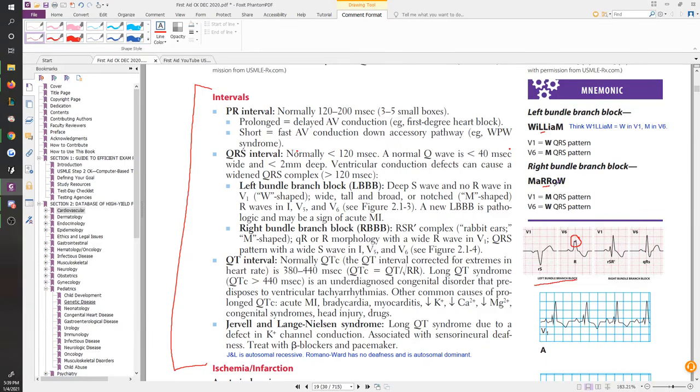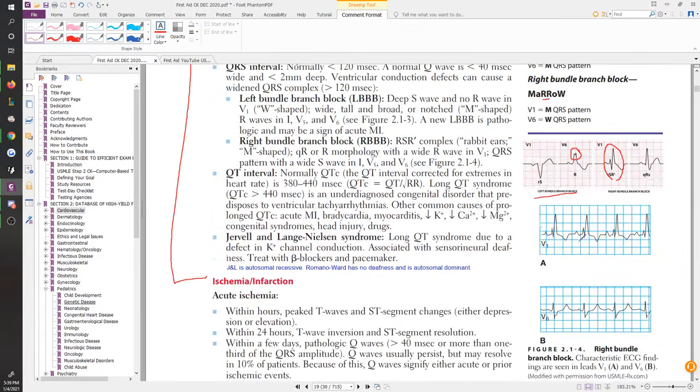So this one is supposed to have an M on V1, and again, you could very nicely see that, right? You could nicely capture that M in V1. These two M's look very different from each other. Right, so you can see how the V6 version of the M is actually a tiny M on the top. The V1 version of an M makes the entire QRS into an M. Okay, so they look very different from each other, but nonetheless, they both look like an M. Very, very nice and easy to catch that, right?